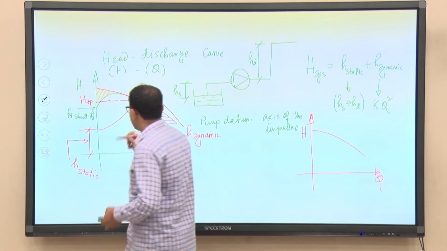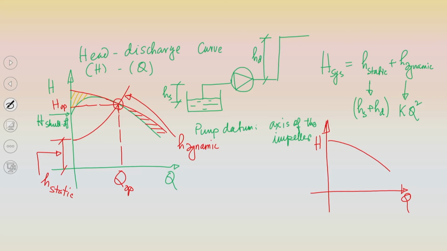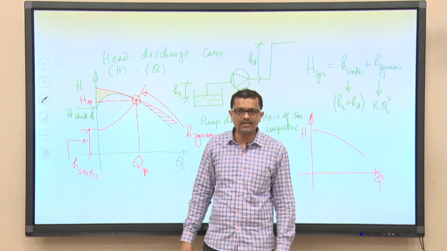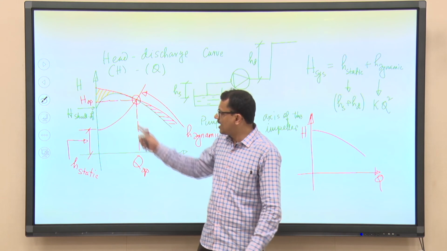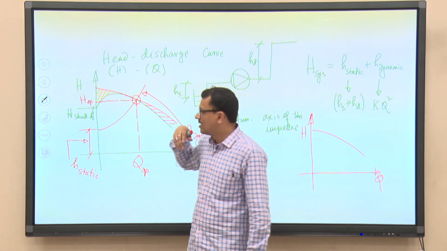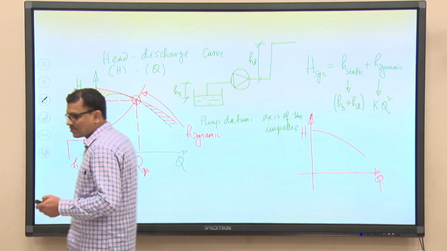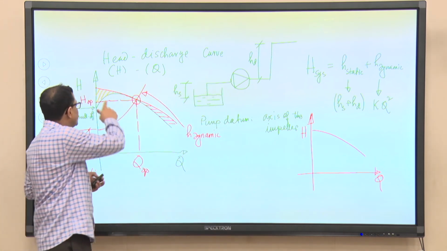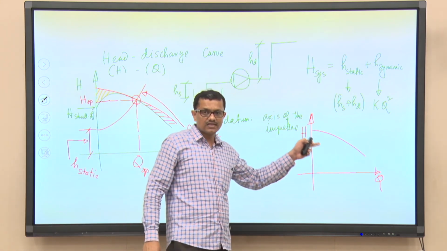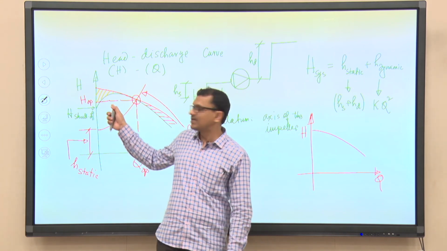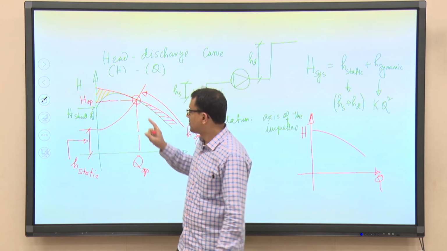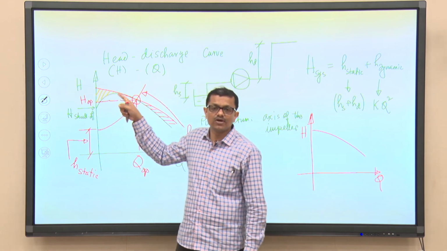So, basically this loss is the recirculation loss because of the delivery valve which is there at the pump delivery side, definitely because we need to have a control, and also this loss is known as separation loss, that is there at the pump suction side. Because of these losses, instead of having the nature of the curve like this, we are getting this, but this is not, again I am telling, desirable, and I am going to discuss very soon. So, this is the loss that is because of the separation.